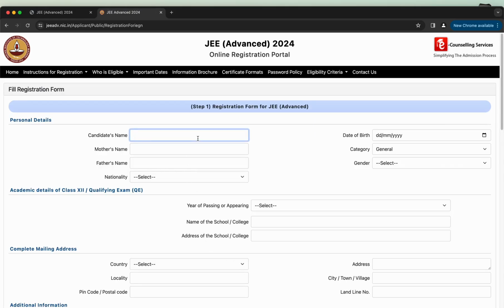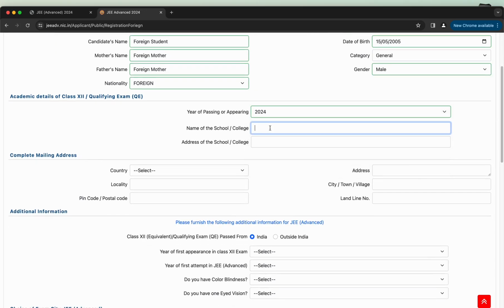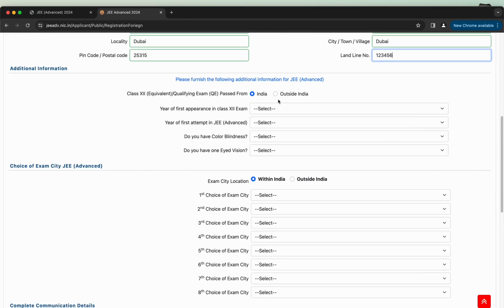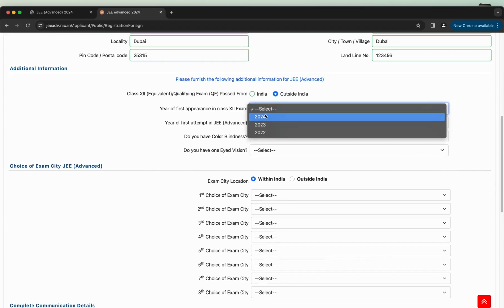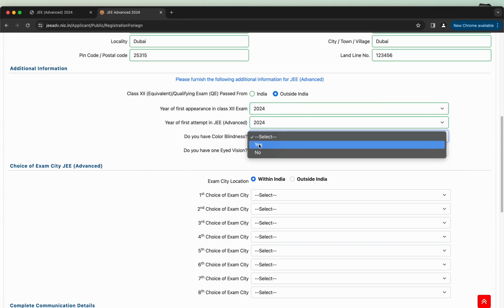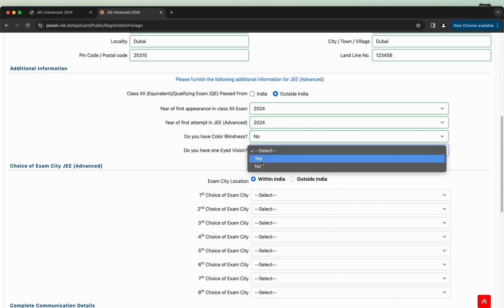Fill out the registration form by entering the personal details, academic details of Class 12 or qualifying exam, complete mailing address, additional information for JEE Advanced, choice of exam city for JEE Advanced.